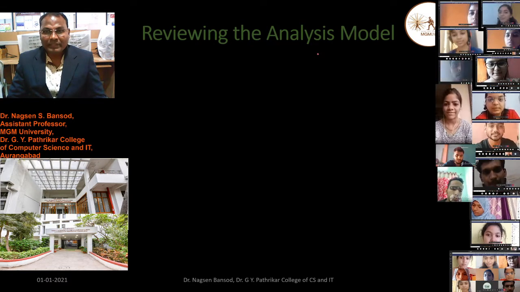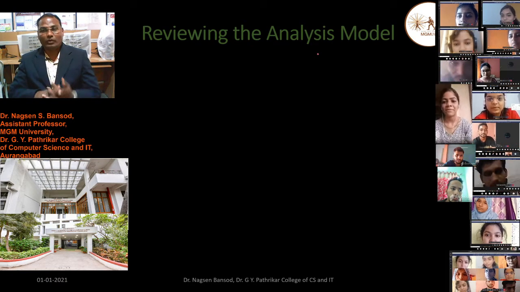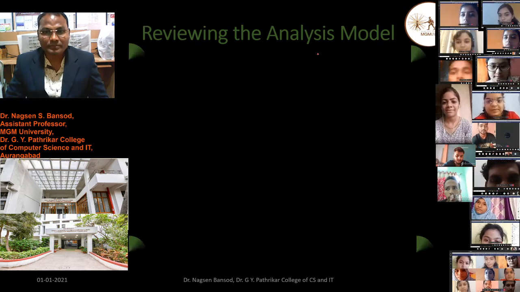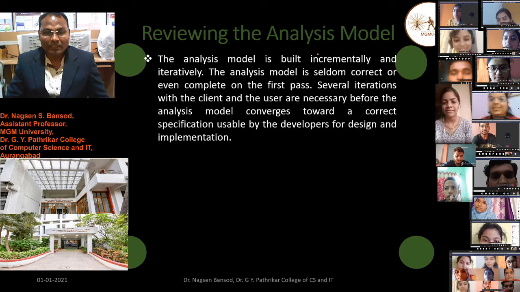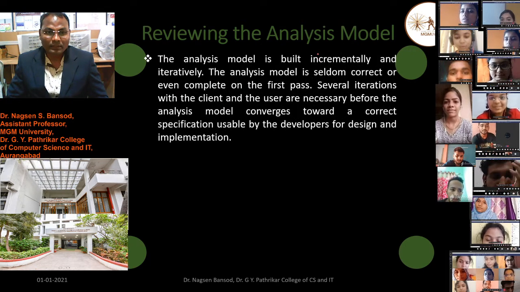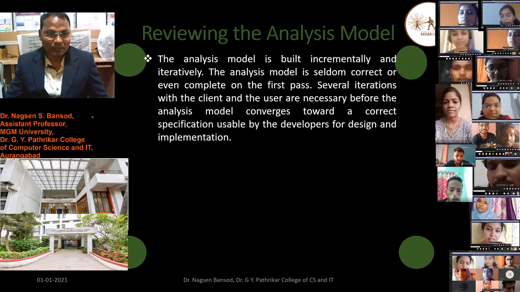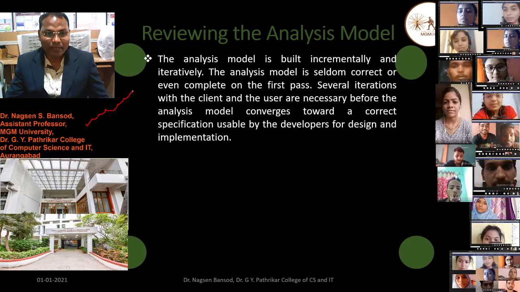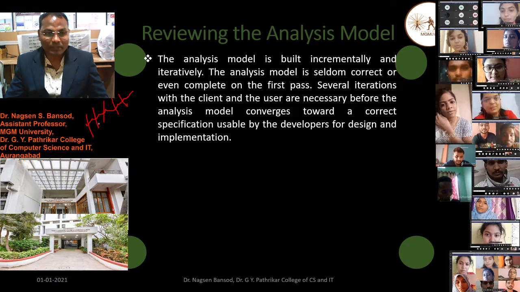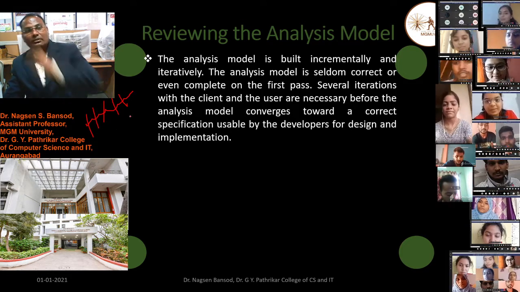Now, reviewing the analysis model. We now review all the steps. The analysis model is built incrementally and iteratively, which means we have to make several iterations as well as increments.